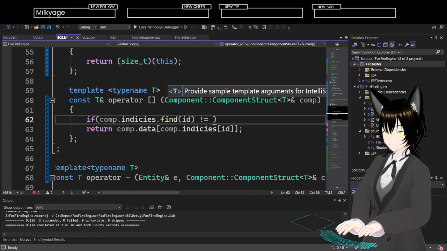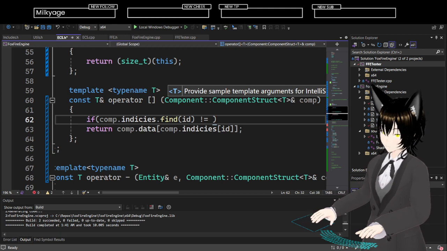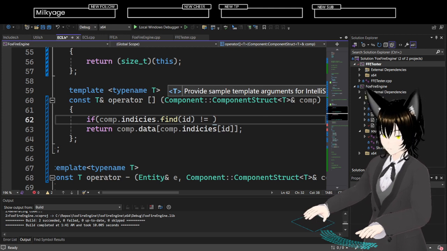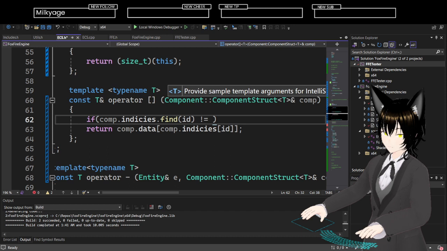Check if a map contains a key. And the most elegant way would be to use the count method.